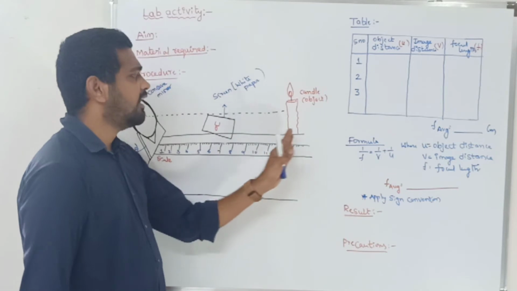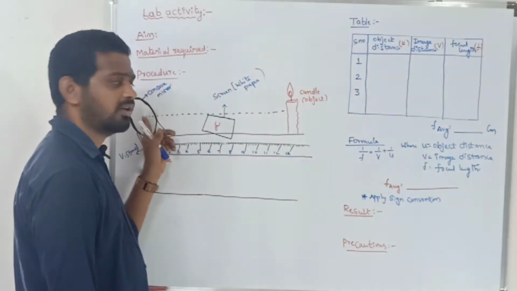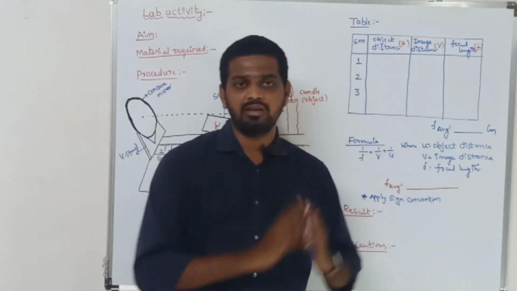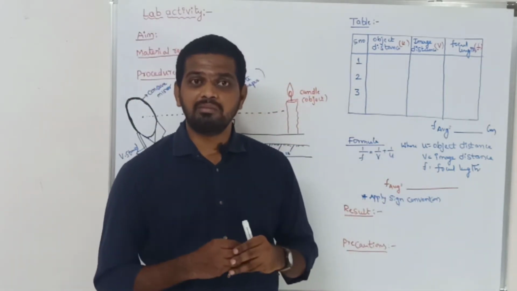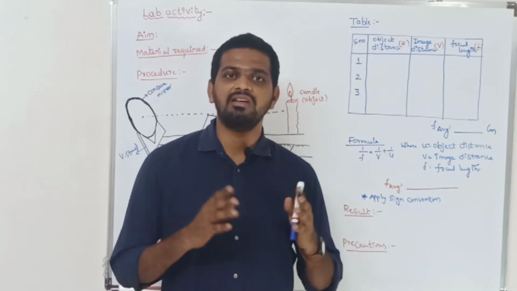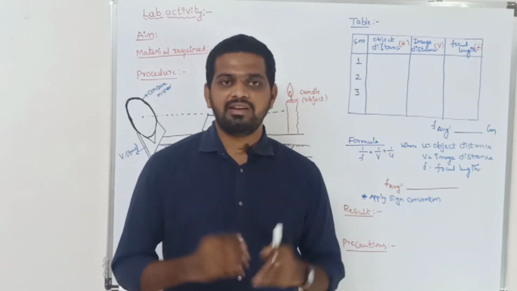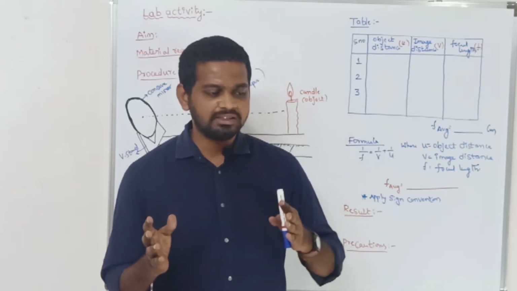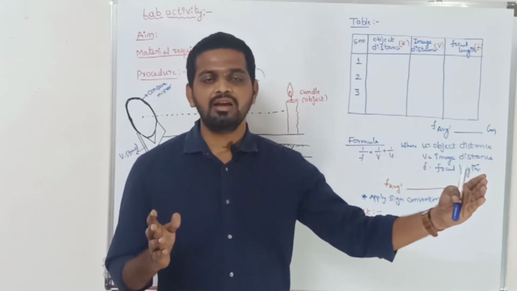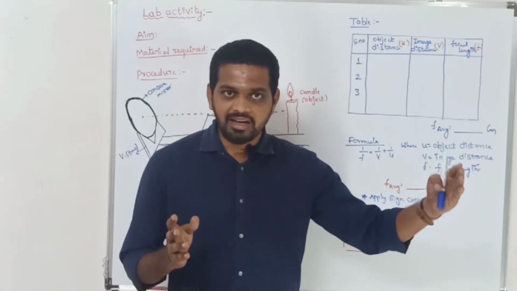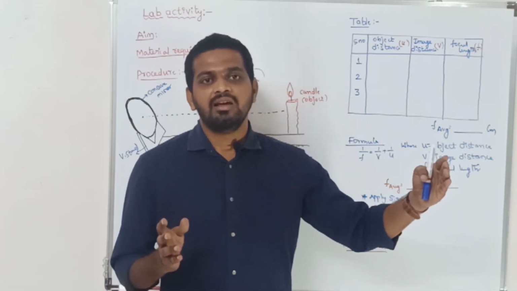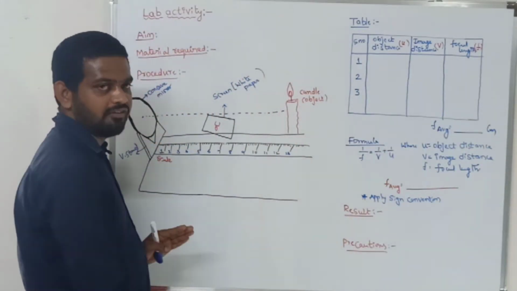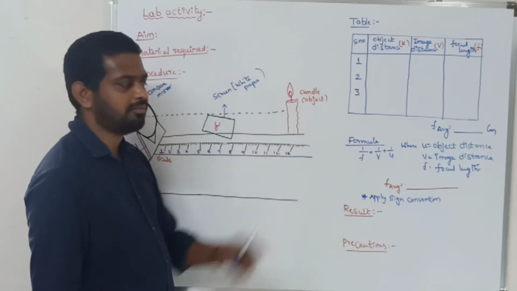Initially I place the candle away from the concave mirror. Is it clear children? When you place it away from the concave mirror, the position of the object may be beyond C. By means of that you will get the image between F and C. All of you know ray diagrams. Is it clear? So initially I will place the candle far away from the mirror. By means of that I am ensuring the position of the object is beyond C. Clear children? So by placing the object far away from the mirror,